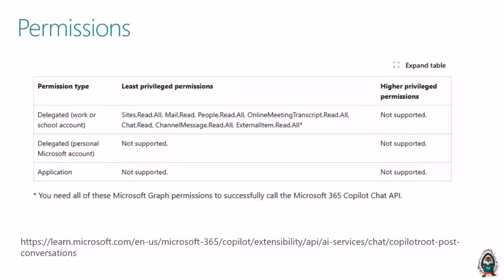With that, we also wanted to understand the permissions, right? Because as I said, it is part of the Graph endpoint, and this is a screenshot taken from the official Microsoft documentation where you can see that the Copilot Chat API doesn't support any kind of application permissions. It means it is going to always run under the current logged in user's